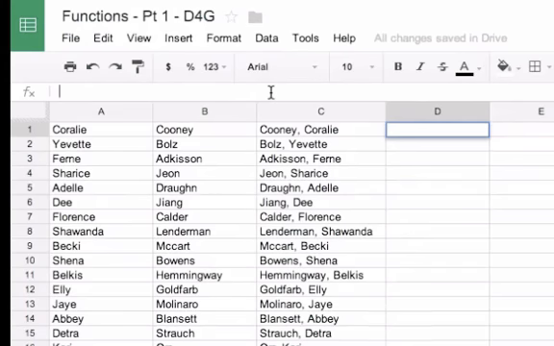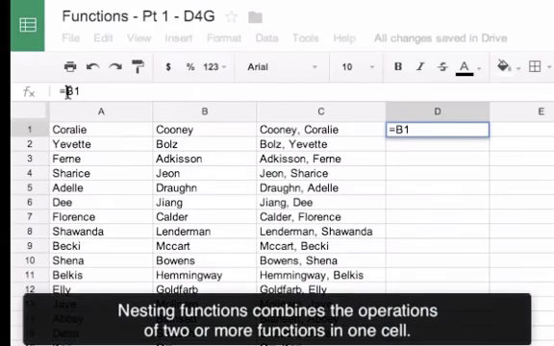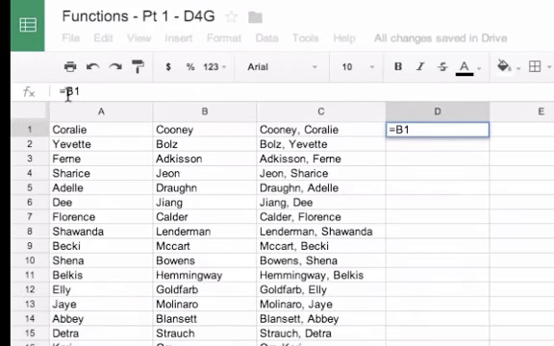So we know if we want to get the last name, all we need is what's in cell B1. That would give us the last name. But what we want to go before it is the first initial. That's in column A1. So what we're going to do is we're actually going to nest some functions. We're going to put some functions together into one formula. So after the equal sign, and you only need one equal sign, at the beginning,